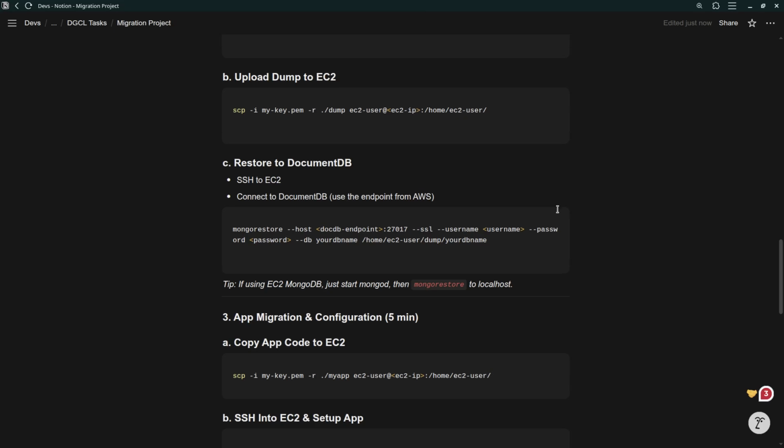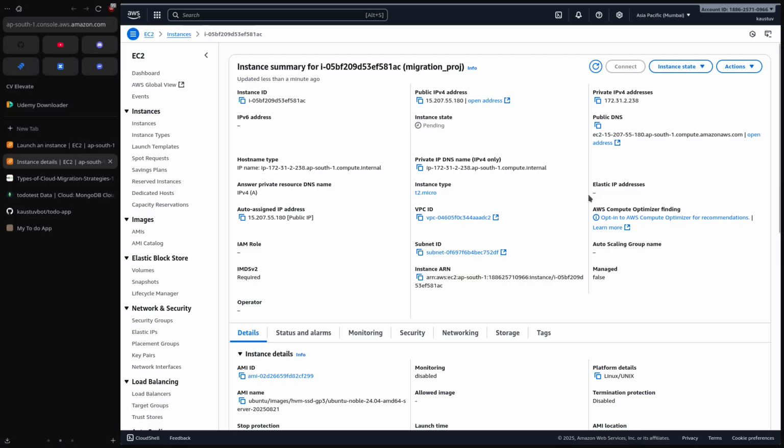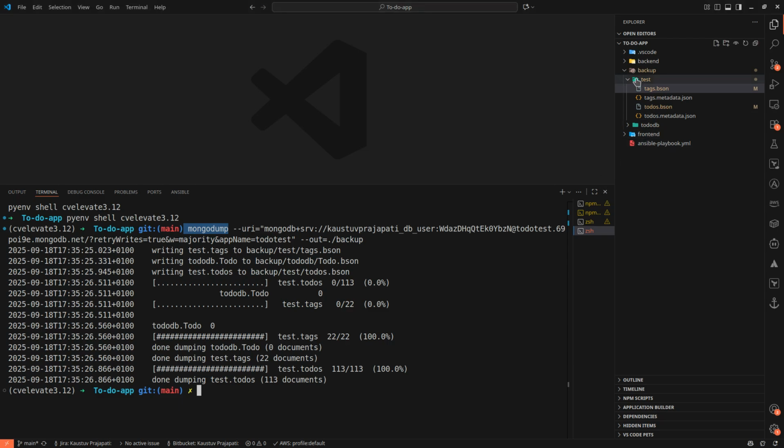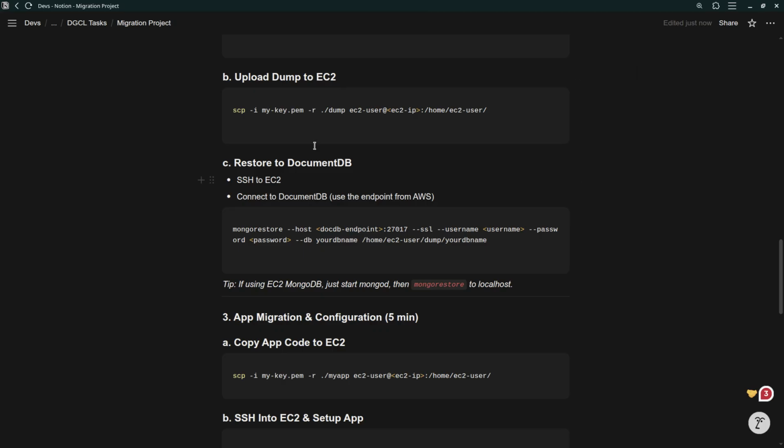So I've also included the steps if you want to connect to the DocumentDB. As you can see, this is the MongoDB command that we got. After we got our backup ready, like this backup folder, you can import all of it using the mongorestore command. At the endpoint you need to put the DocumentDB ID, and you also need to maintain some of the SSL and other security authentication details,